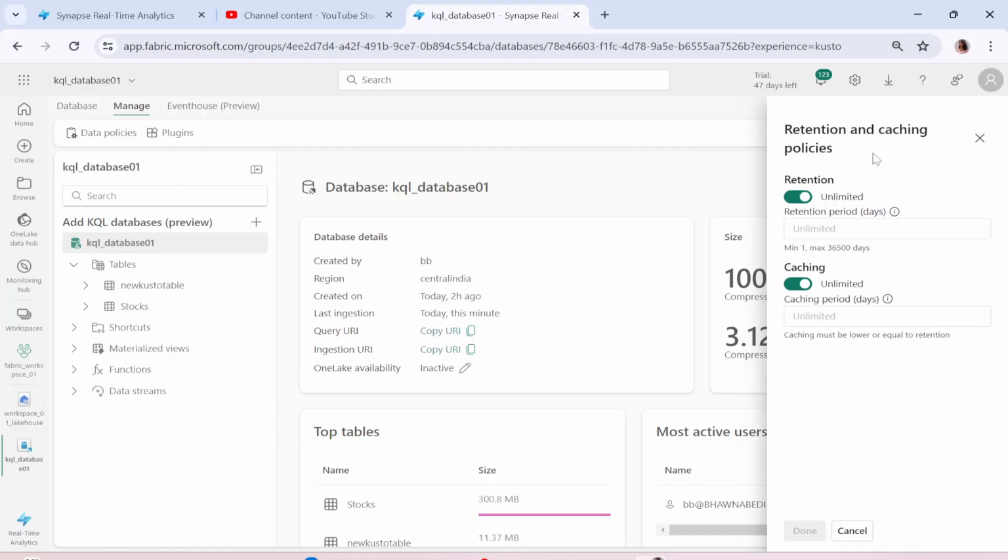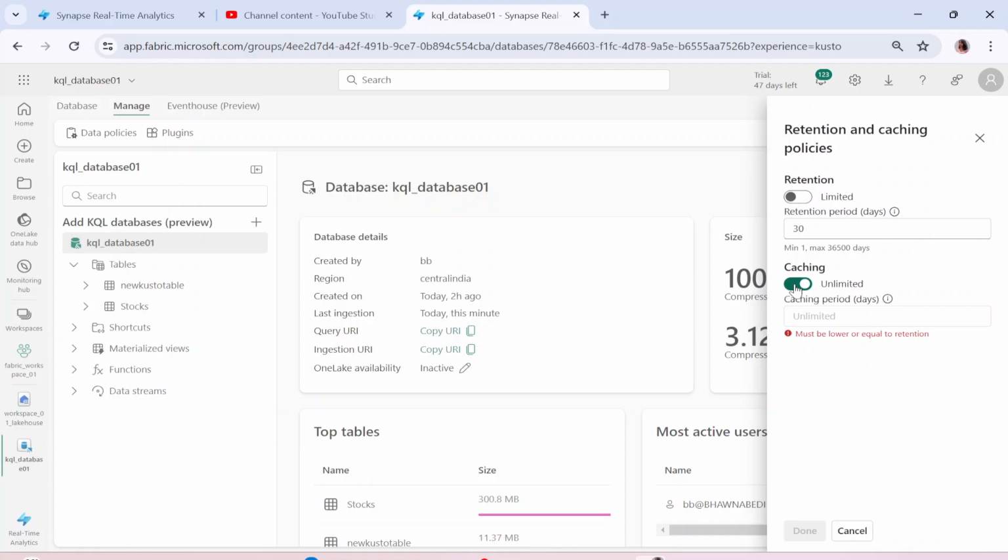Now, if you have real-time data, till what time you want to retain that data, you can provide that option over here. You can also click on this I button and see what it mentions: the time span for which the data is available to query, measured from the time of ingestion. So how many days? You want to keep it for 30 days, maybe 5 days. Mostly, for real-time data, it is way too less. Usually we keep it around 7 days, not more than that. 7 days is the max, but it depends on the organization and the need as well.